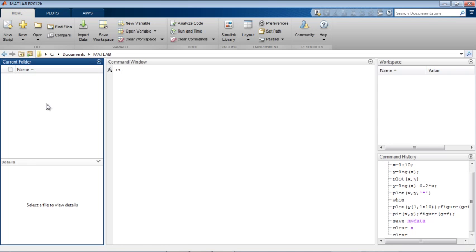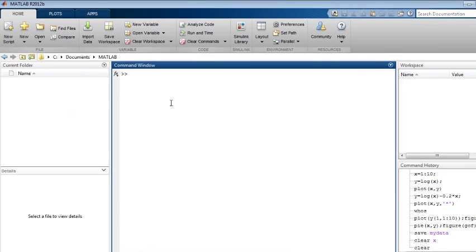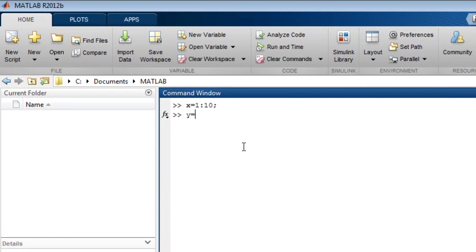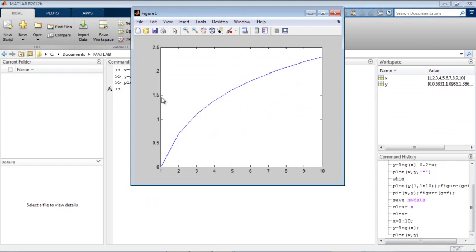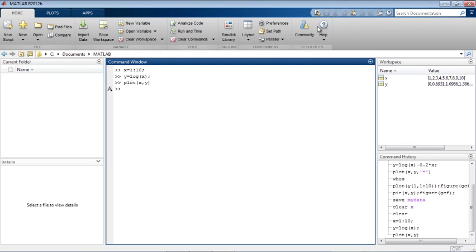This video tutorial will show you how to create and run a Matlab program. The command window is designed to execute individual commands one at a time. You can automate the execution of many commands or build a complex application by writing a Matlab program. This is a collection of Matlab commands and functions, also known as statements, stored on disk as a text file